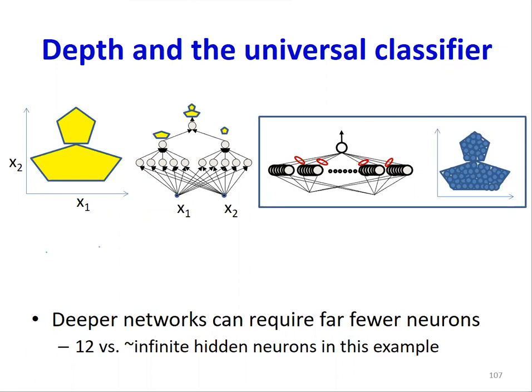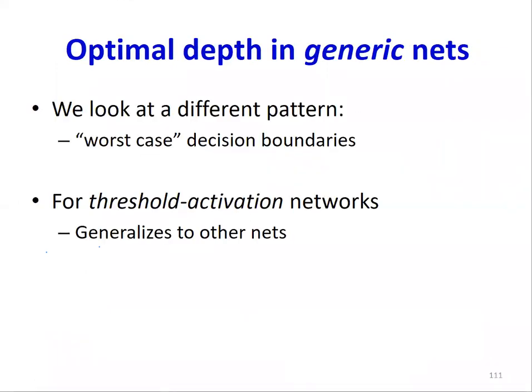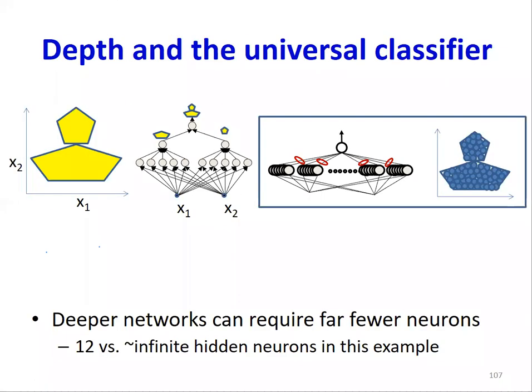Here, for example, if I decide to have only one hidden layer, I need infinite neurons. If I decide to allow 3 layers, 2 hidden layers, I get 12, right? So you can see how depth really, really matters. And now, the circles could overlap. It doesn't matter. You can do all sorts of things because it's just composition, right? The point is you're filling up the space with circles. You're going to need a very large number of these circles to compose the entire boundary.